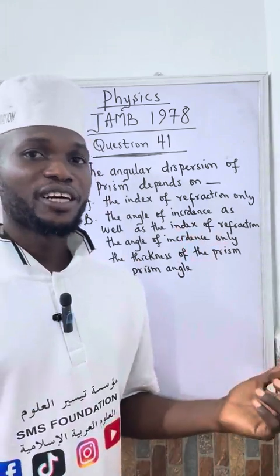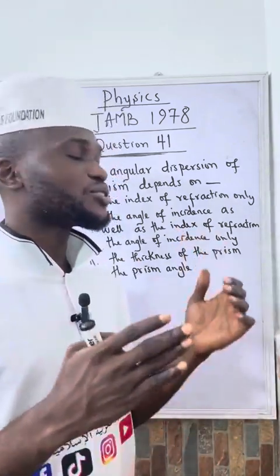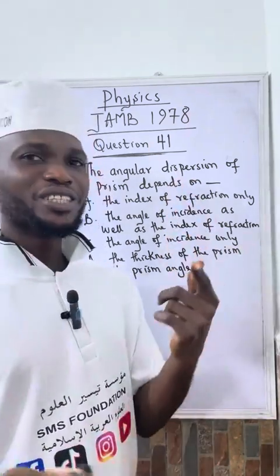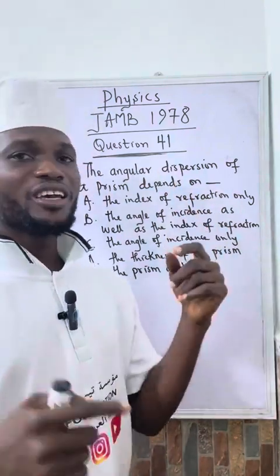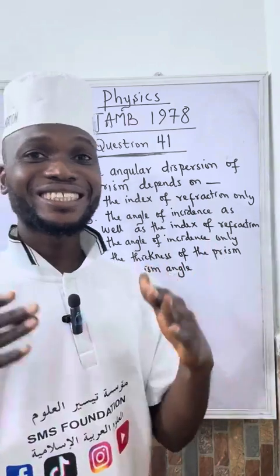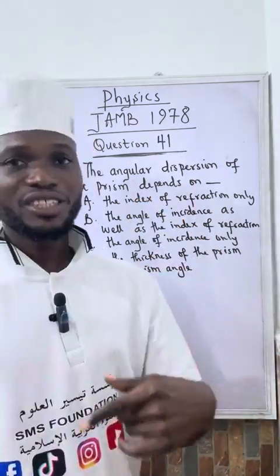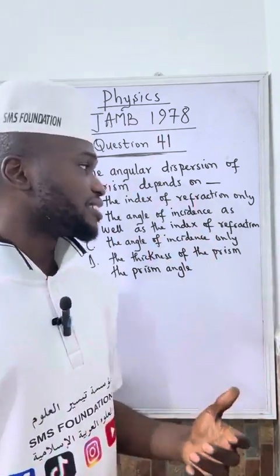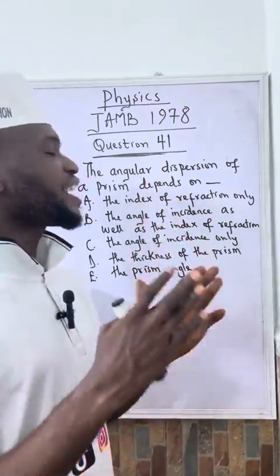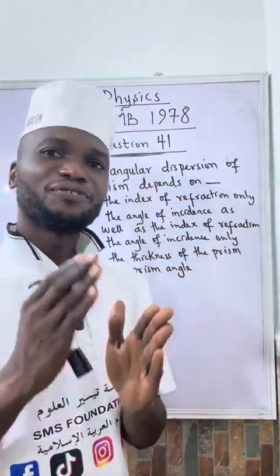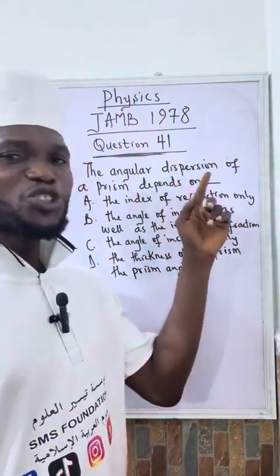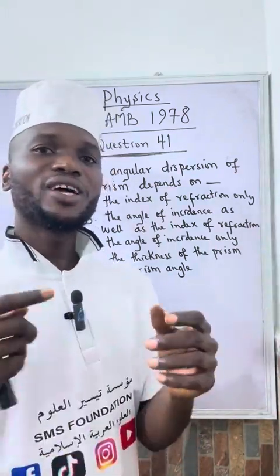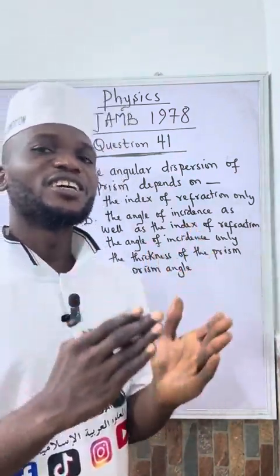We have different kinds of prism, but the major one that they are talking about here is the triangular prism. And first, we have met this question before. This is the same as question 39 of JAMB 1978. So it means the question is repeated twice. It can happen like that in an exam. So now, what are the factors that the dispersion of light depends on